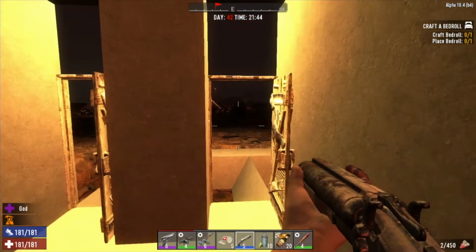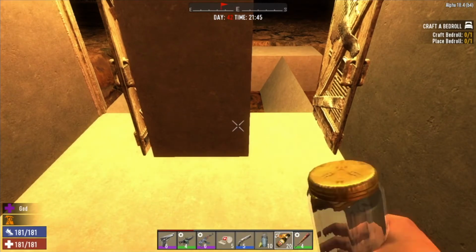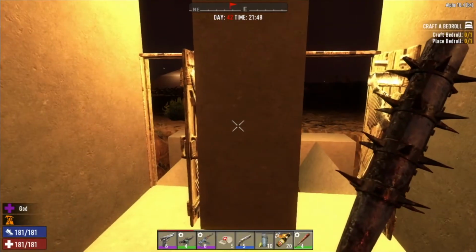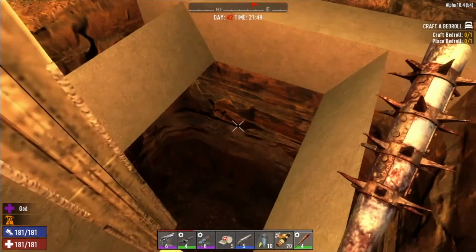What do you call this? Sawed-off shotgun, some water, Molotovs to throw down into the pit, and my baseball bat with the spikes on it. I like this bat. I didn't use it the last time. I panicked instead and wound up getting my ass kicked and dying. Hopefully they do fall down into this pit